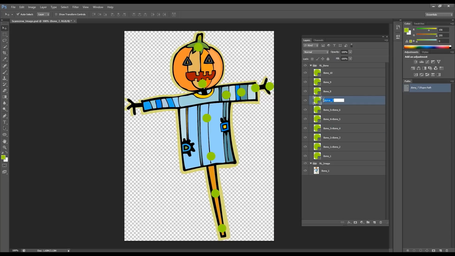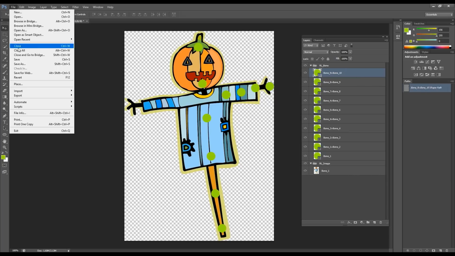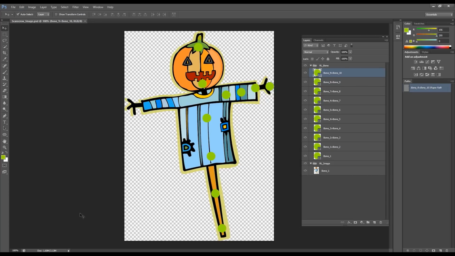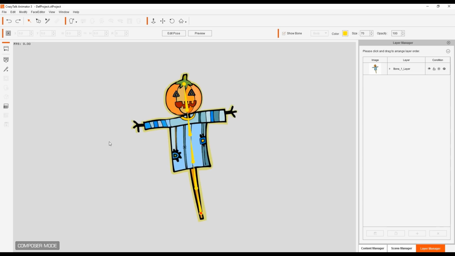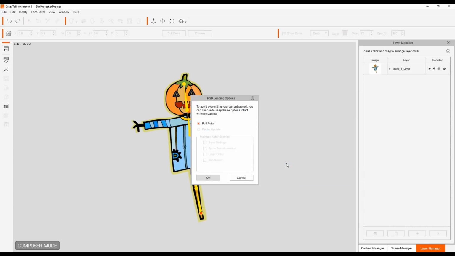That chest bone is bone 3 greater than bone 4. So I will tell it that bone 4 is greater than bone 7. And then bone 7 is greater than bone 8. So I'm setting a hierarchy with all my arm bones. But that first arm bone, I'm connecting it to my chest bone. Okay? So you see the logic, right? I'm setting up this hierarchy, and after that initial bone, I'm setting up the same chain with the rest of these joints. And if I update my character again, you'll see that now we have these arm bones inside,